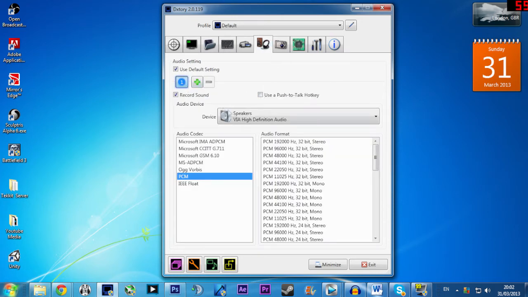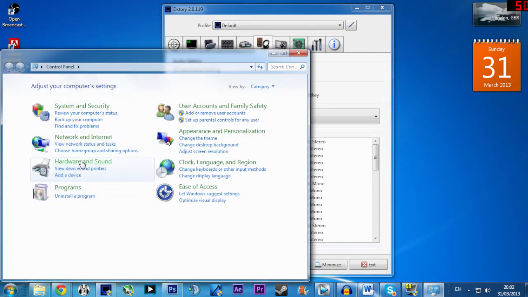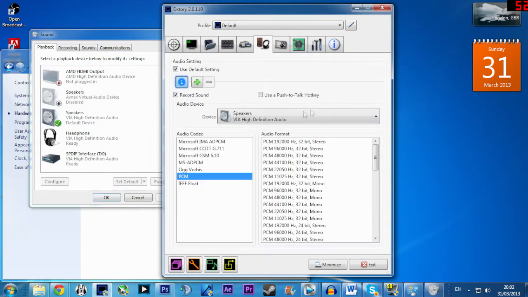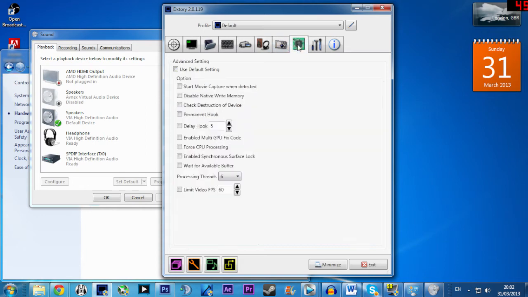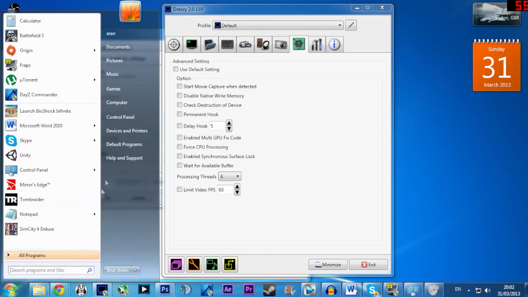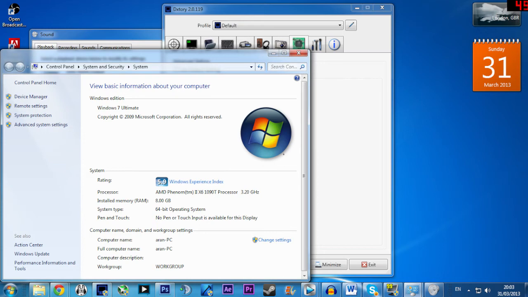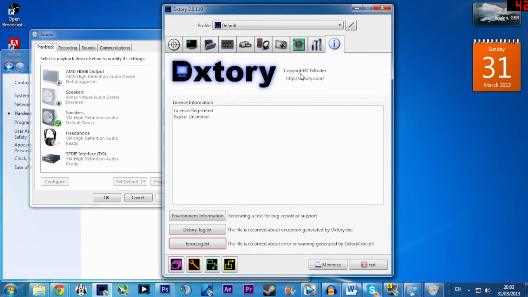In Audio Setting, you'll want to add your sound output device that you're using in game, such as headphones or speakers. To find this, go to Control Panel, and see what the default output device is, and then select this in the drop-down menu. You'll also want to add your microphone, which is done in the same manner, by seeing the default input device and adding that in the drop-down menu. In the Advanced tab, you'll want to add the processing threads that your CPU has. You can find this by clicking on Computer, clicking Properties, and then I've selected 6 cores because I have 6 cores on my CPU. We're going to skip the Screenshot, Global Setting and Information tabs, as these settings are already